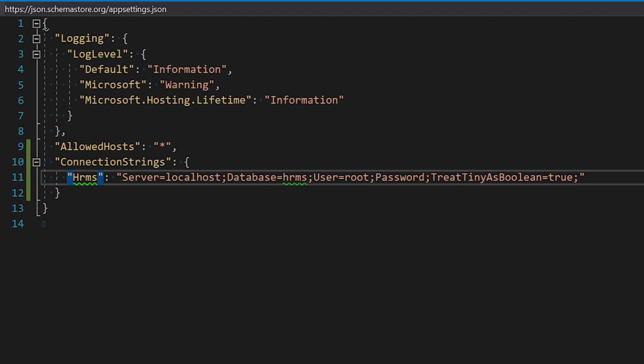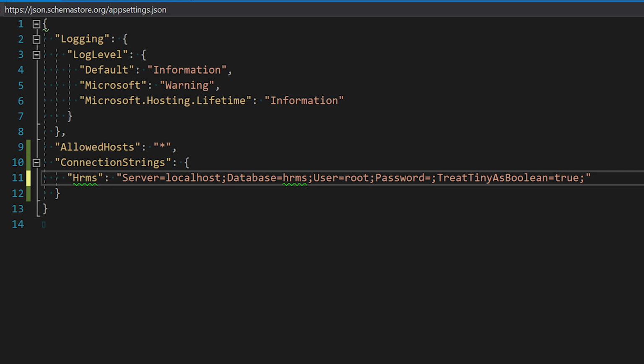All right, so we have our connection string ready, and there are just a few things that we need to take care of. One is the server where we are connecting. Second thing is the database name, then username and the password. Now we don't have any password, so I'll just leave it as blank. So again, this is a dev environment. Please don't do this for any of the environment other than dev.